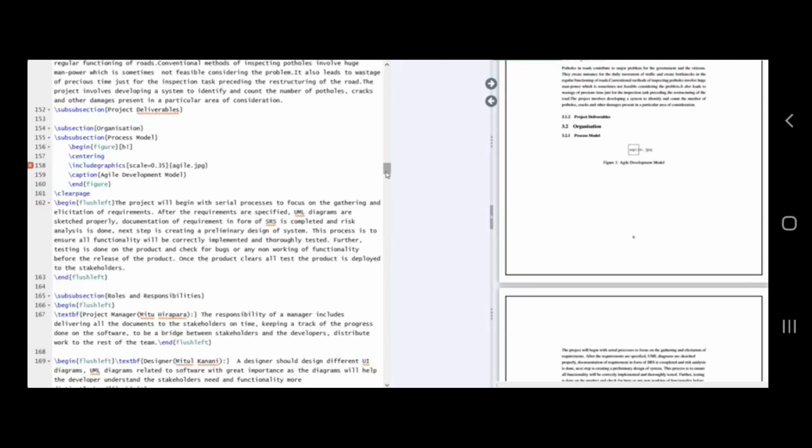Sometimes when your text is not getting aligned properly, if it is aligned properly, then you can directly write it in paragraph form. But if it is not, just use begin flush left, and after you put that paragraph, you have to end flush left. This is a very important library. Whenever you face any difficulty in alignment or indentation, just use this library and your document will get aligned properly.